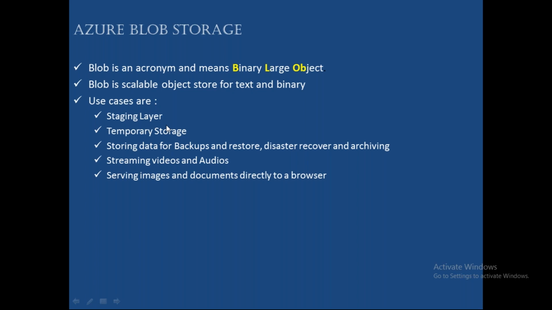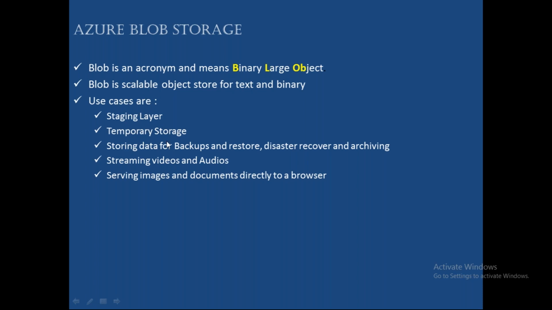I'm not sure how many of you know, when we are loading data from any storage to Azure Synapse, we use something called Polybase to get high throughput. To transfer data quickly, we need to use a staging layer. Before you send data into reporting, we store data in a staging layer. From there, we read data, do some data quality checks and data transformation. For all this purpose, you can use blob.